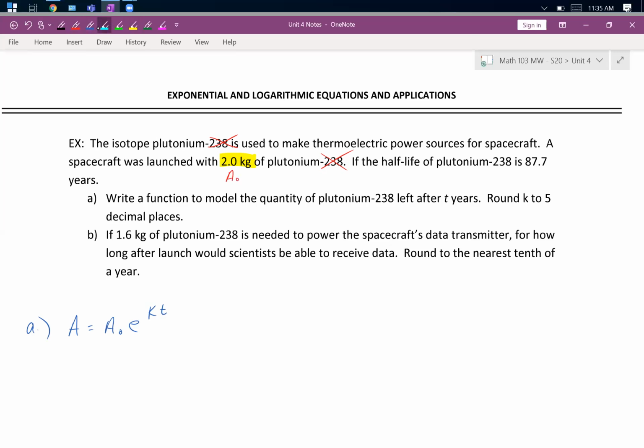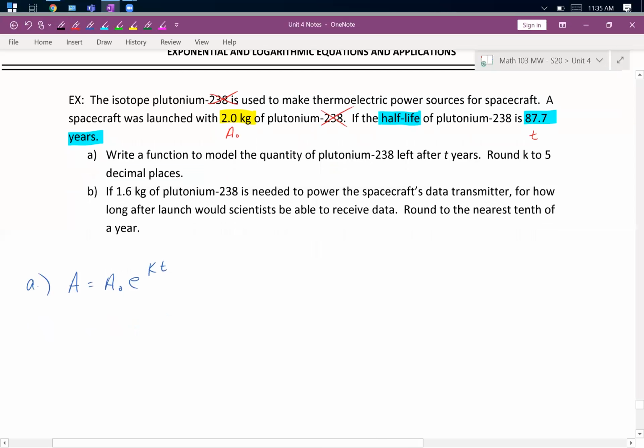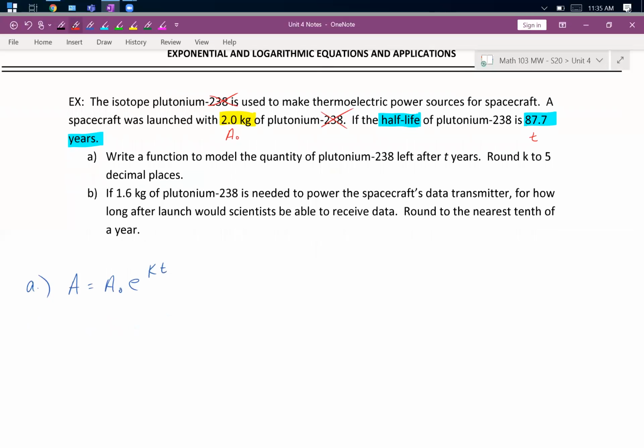They go on to tell us that the half-life is 87.7 years. So that 87.7 is our t, because that's the amount of time. But you'll notice that they did not give us an A. That's not uncommon when we're dealing with half-life problems. If they gave us the original amount,